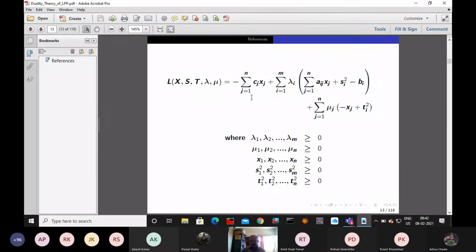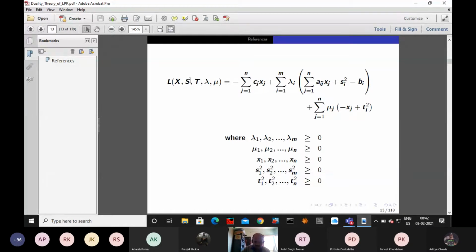For the objective function, we are keeping it as it is, minus the summation over j from 1 to n of c_j x_j. This is the objective function. And since we are including equality type constraints, this is equal to 0. So lambda into this equal to 0, and i varies from 1 to m. So this is also altogether 0, and similarly the next term is also 0. So what it indicates is that we are going to maximize that or minimize this, so the original problem and the present problem become the same.